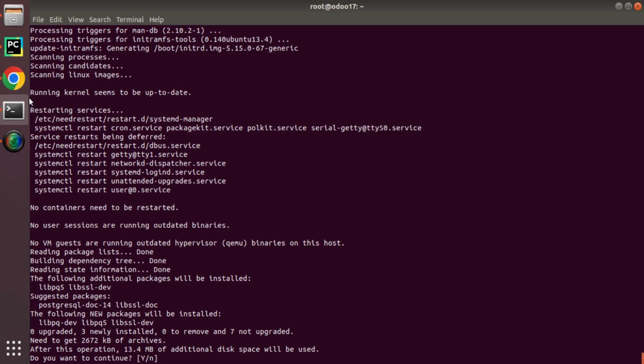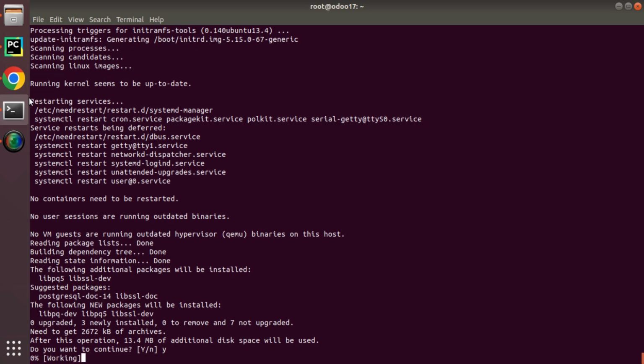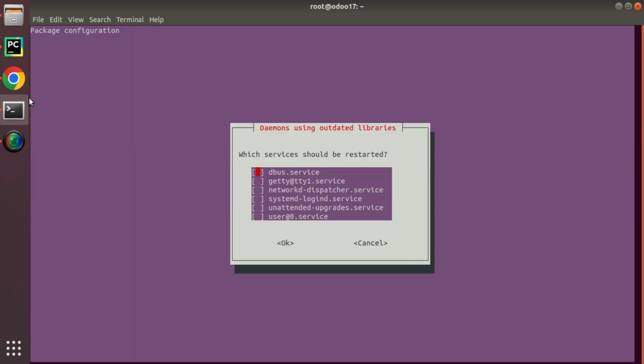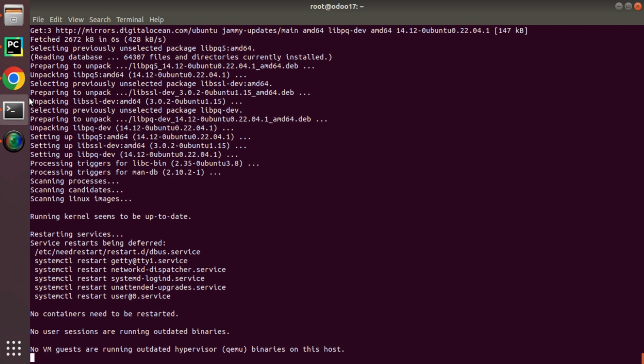And let's see, I have to input Y. So you have to keep an eye on here because it's asking for random prompts, like which user has to input something. I'll click on enter. Okay,